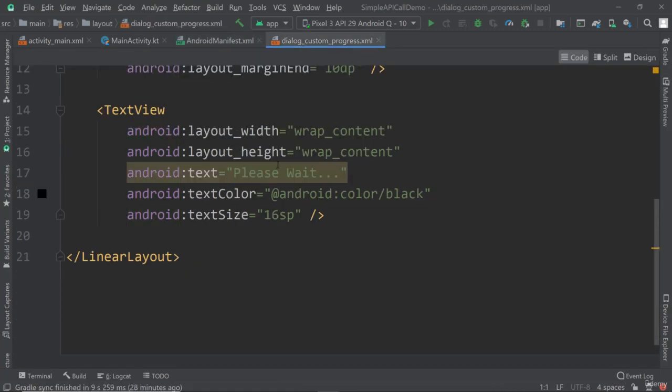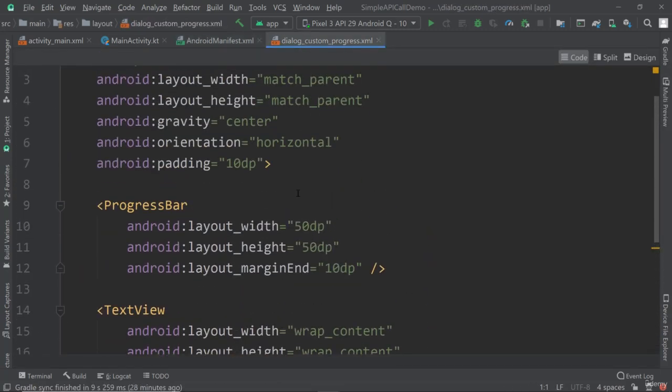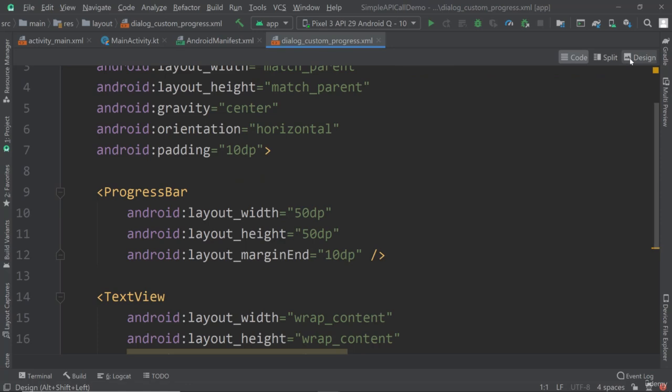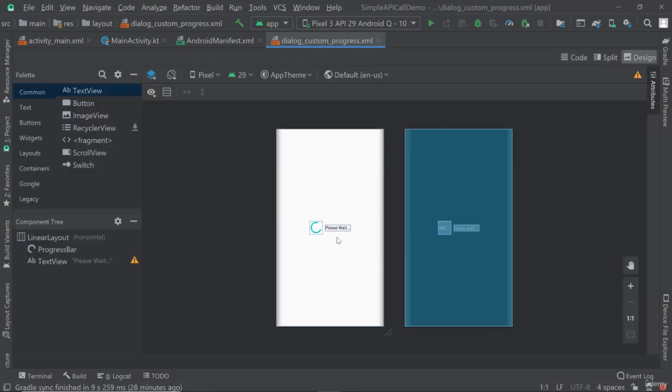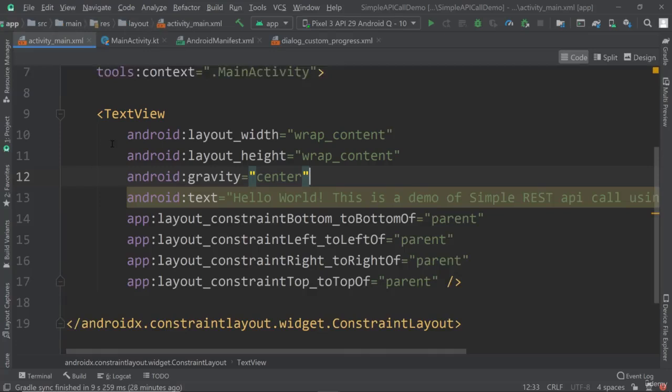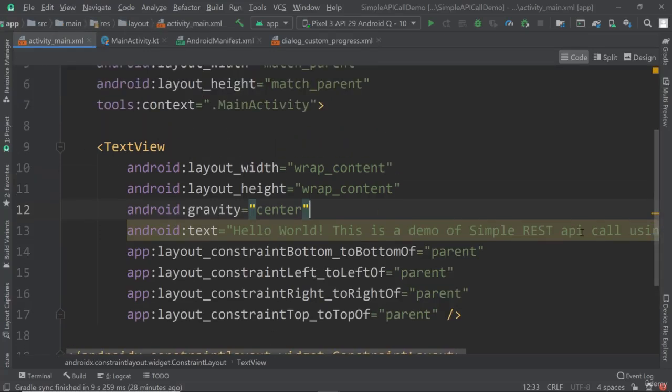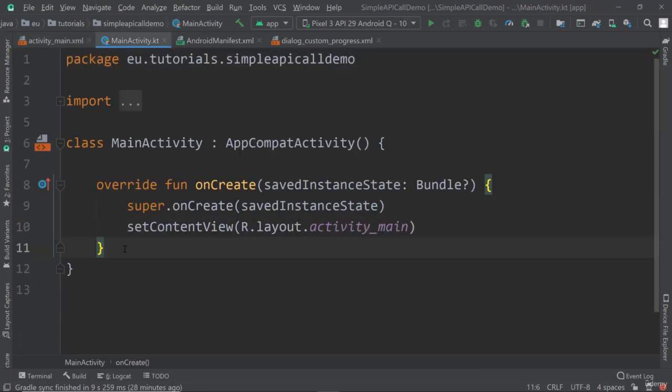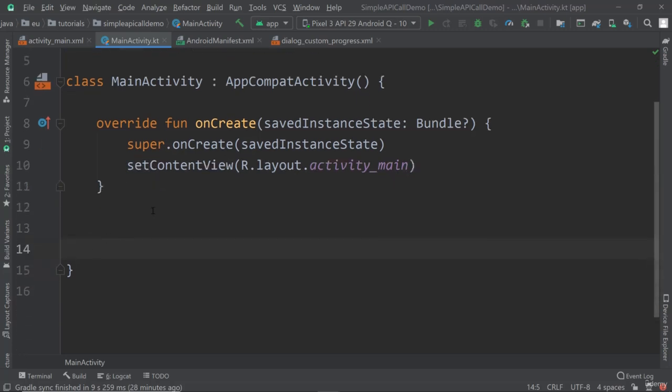And then I have this dialog custom progress, which is just this progress bar with a text view. So that's basically this thing that you can see here. We have used that quite a bit already. And then in Activity Main, I just have this text view, which just says hello world, because we're not going to really do anything with the text view, because we're going to log the data. And then let's go to our main activity, because here what we will need is an inner class, which will